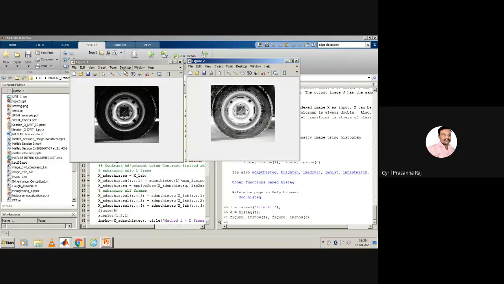Let me repeat it. Directly extracting the tire from this entire image may not be possible. So the first step is histogram equalization, and we get an image like this. From this image, we now clearly know that there is a change in intensity levels. This is gray, this is dark gray, and then again light gray. Because you are able to identify these, you are able to increase the contrast of the given image. On this image, what you do now is, just a minute.